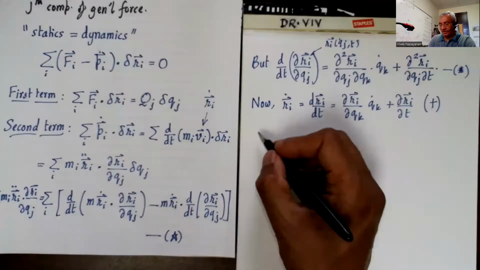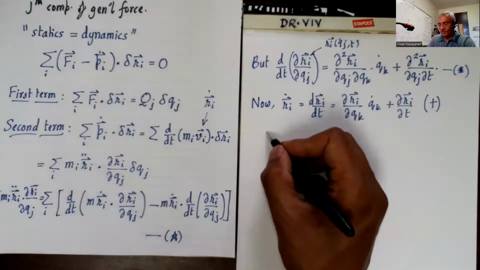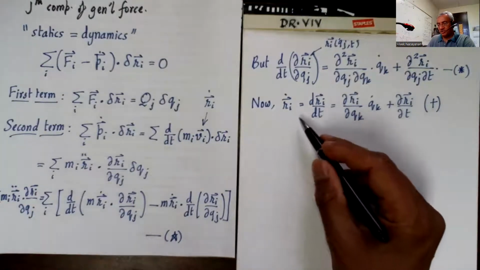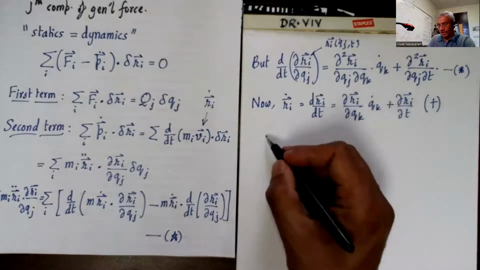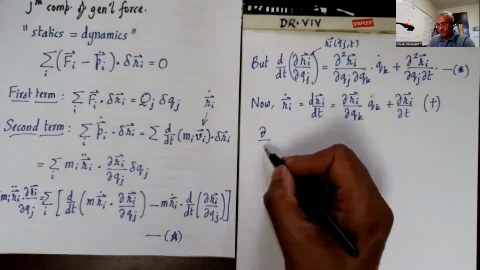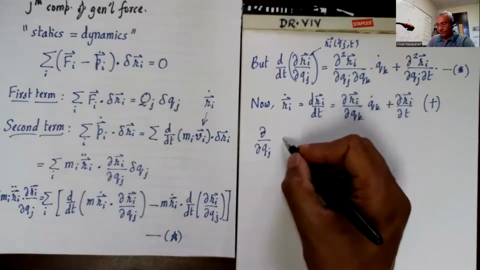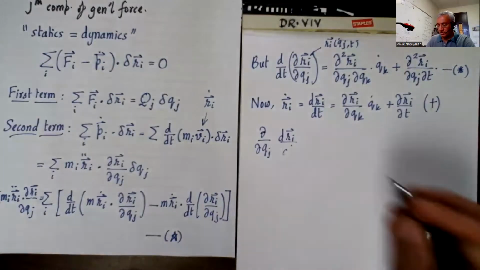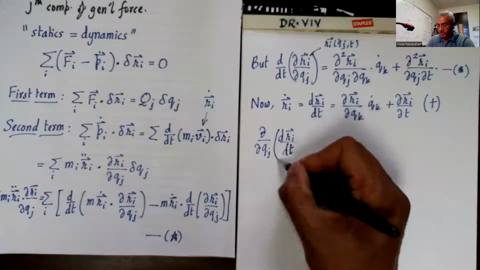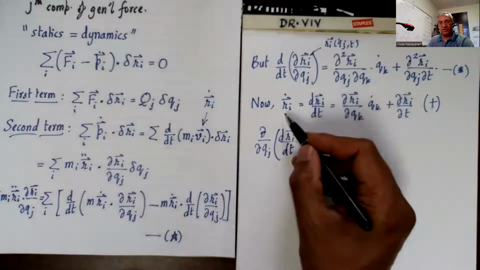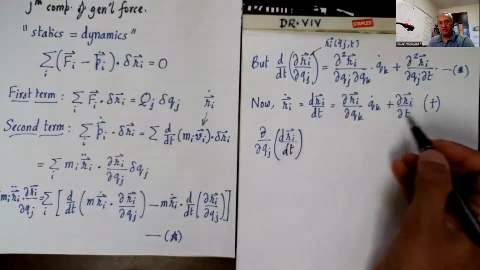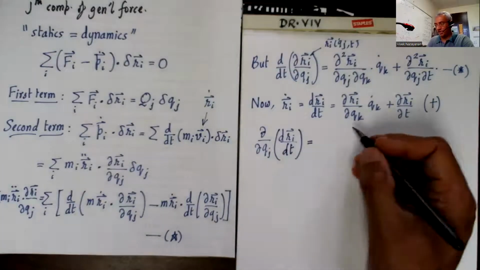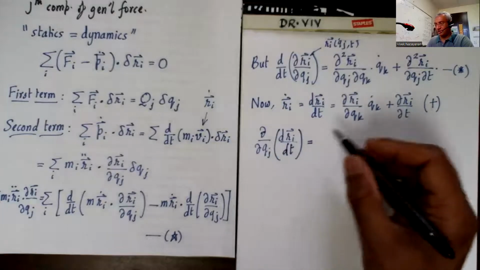All right, now let's look at this equation. Let me do another step. Del by del Qj of dRi by dt. So there's this equation I have, dRi by dt. Now I'll take del by del Qj of this. Now why am I doing that? You'll soon see. So this is given by